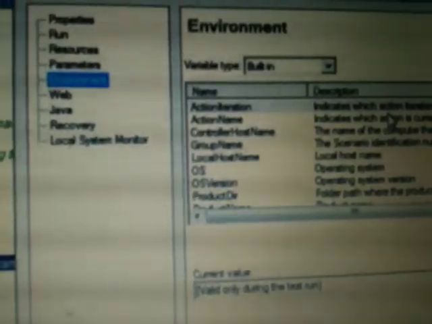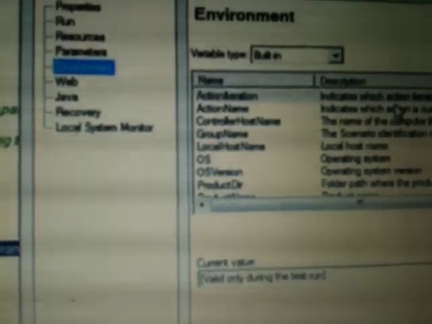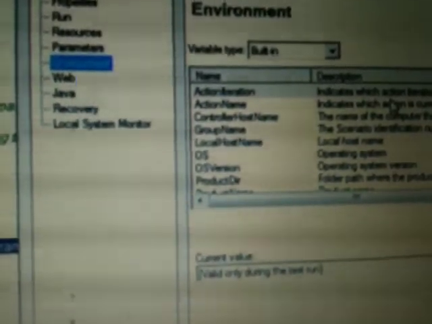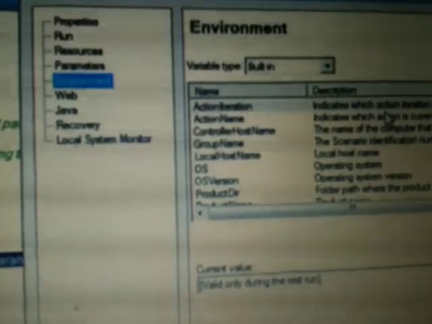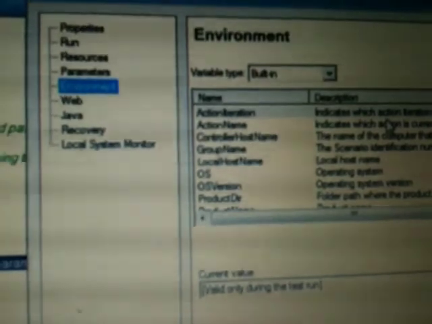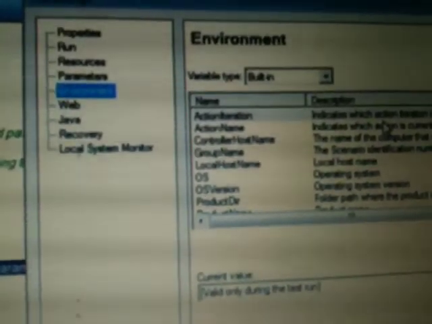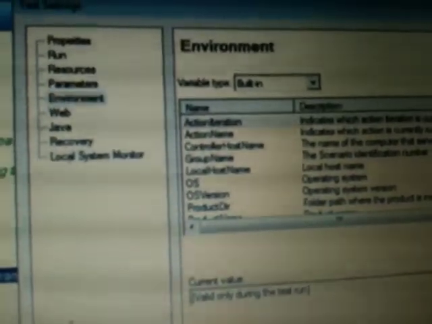Environment variable parameters are of 2 types. One is a built-in type environment parameter. The second is a user-defined environment parameter. These user-defined environment parameters are again classified into 2 types. One is an external environment variable. The second is an internal environment variable. So what is the classification or the segregation? Let me use a sticky for that.